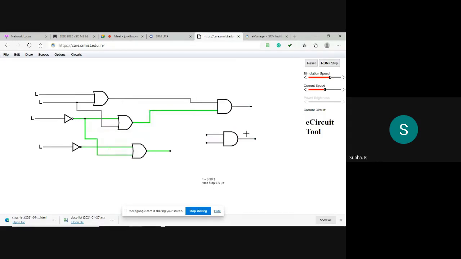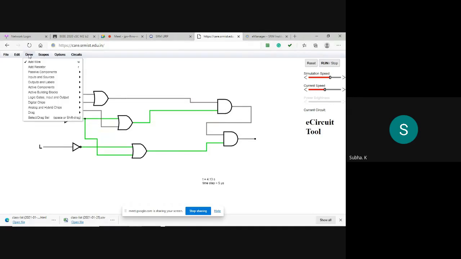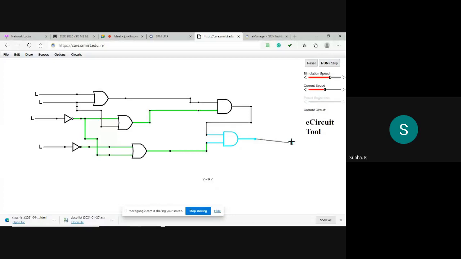Okay, so this is 2 input that is solved. So the output of which I am giving here, to which I am going to multiply the last term. Now from this I will collect the output. So again go back to draw, take one logic output and give it. Here I will take my output.